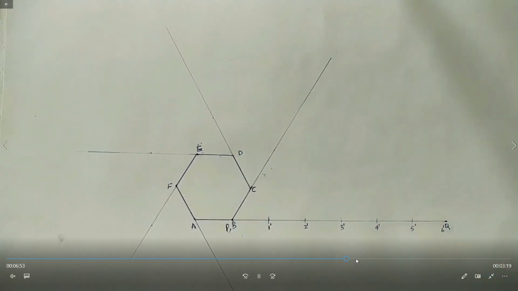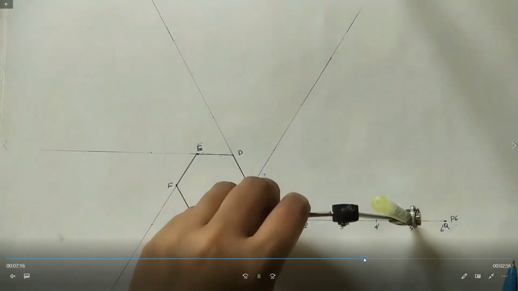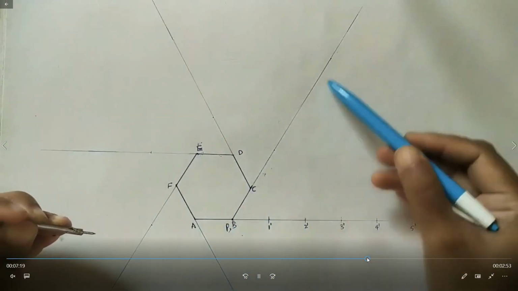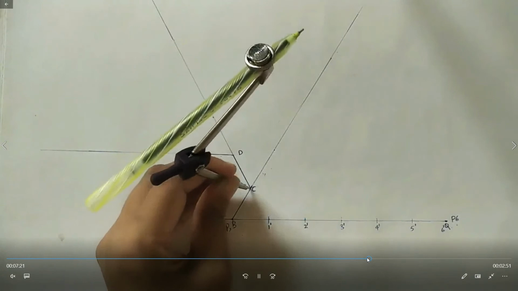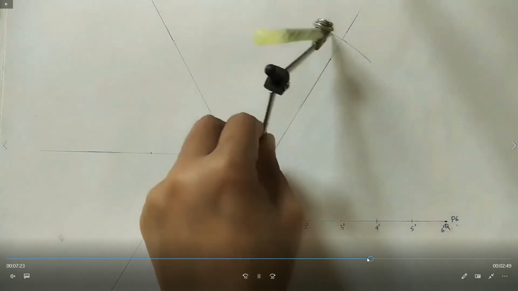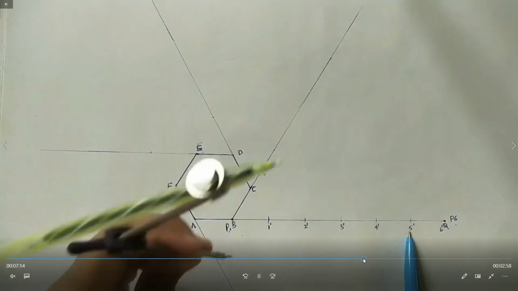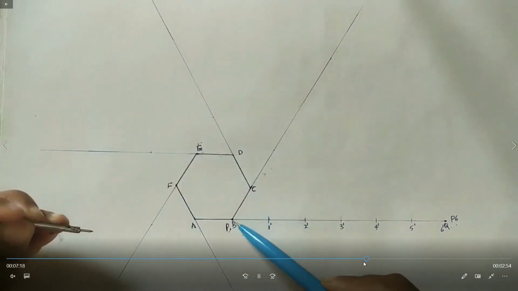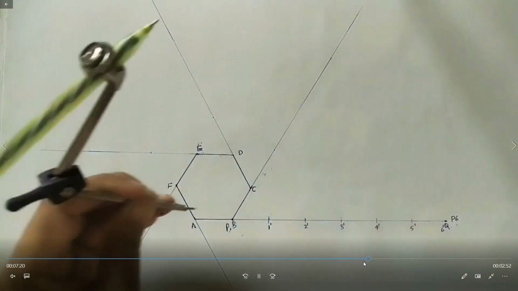Okay. Now, with the help of the compass, P2 5 dash, the C is the center,